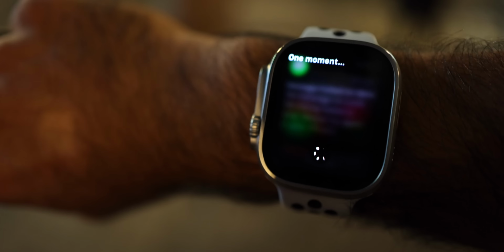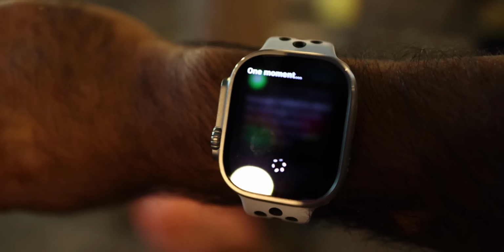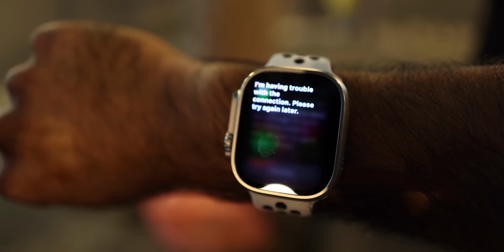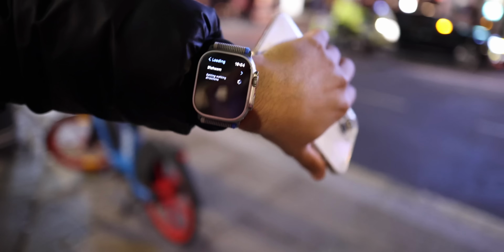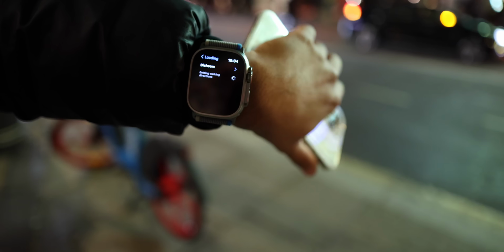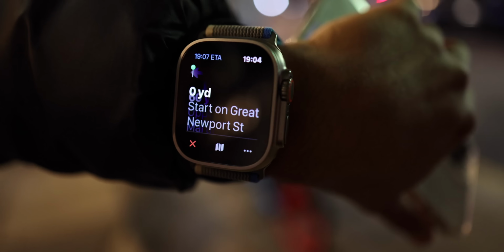Okay, this is my favorite feature. Hey Siri, navigate to Dishoom. Do you ever use this? No. Ever? No. Wow, it's time to teach you something. It's still working. Go. Navigate to Dishoom, Covent Garden. Is yours working? Yeah. Do you have better data than I do? Mine still says try again later. There you go. You never use this, and then so you can do that, or you can tap the map,